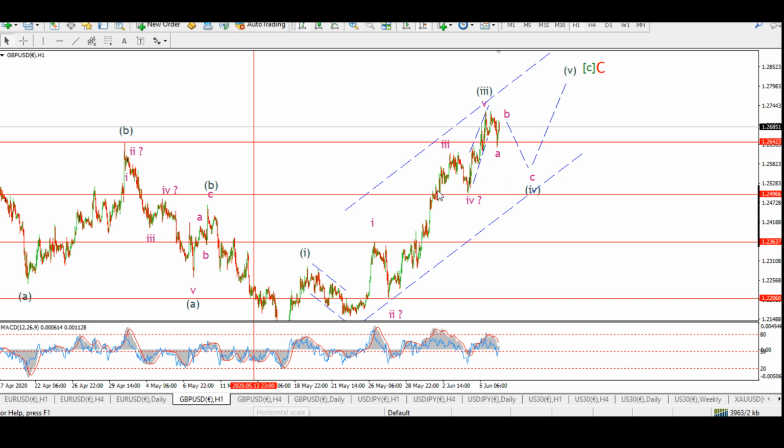So I'm down in the hourly chart here. So I'm looking at that wave C of C. Maybe 3 waves down. We could be working on a large ABC fourth wave, and then we'd rally again in wave 5. That's what I'm allowing for at the moment. And it does look, to be honest, it looks corrective off the high. So I think this week we should clear out a correction, and maybe next week we'll rally again in wave